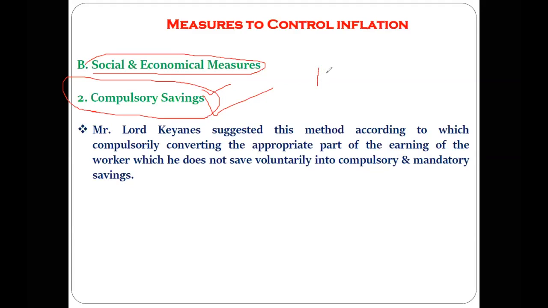Another meaning of saving here you have to take. Suppose per month you are earning 10,000 rupees. Likewise, suppose consider there is one country where the population of that country is 30 crore. Out of that 30 crore, almost 20 crore people, just as an example, earn 10,000 rupees per month. But whenever they get the salary, they spend that whole salary